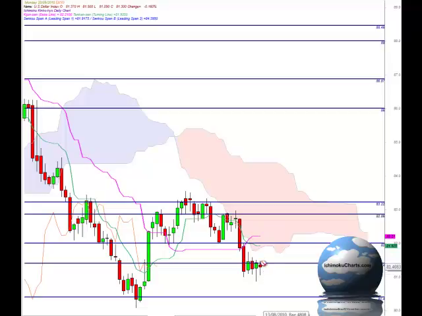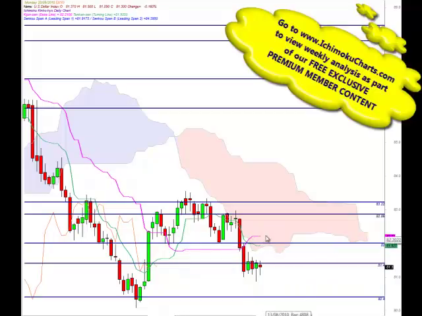The problem is if we start trading up above the 81.4 region, we have very strong resistance overhead from the cloud, and that coincides with another area of previous support and resistance at 82. So there is very, very strong resistance overhead, but very strong support down below. It would be very difficult to take any long trades in this market at the moment, considering the amount of